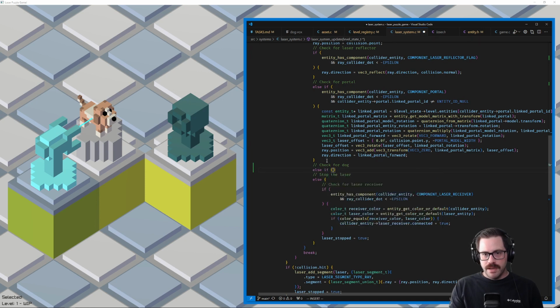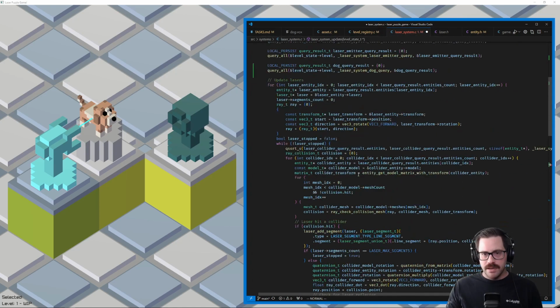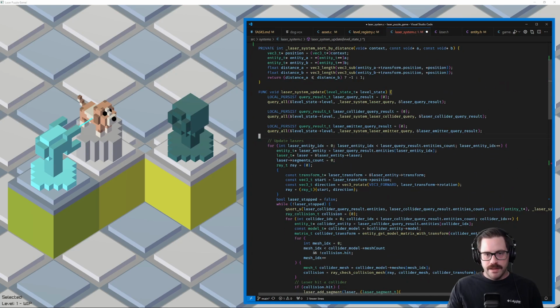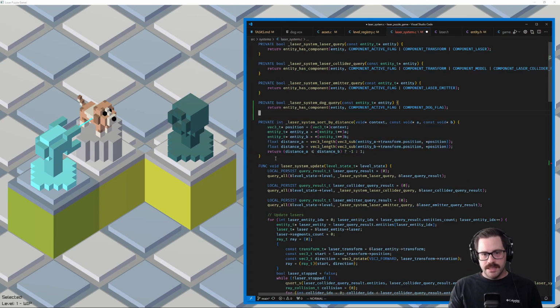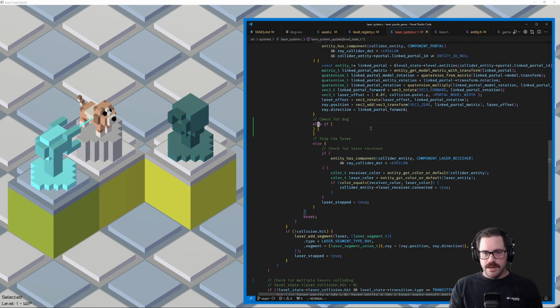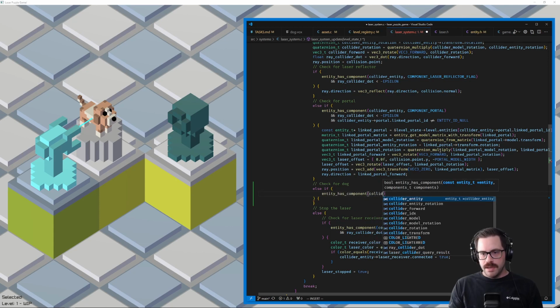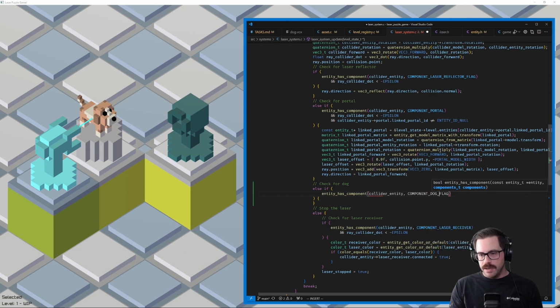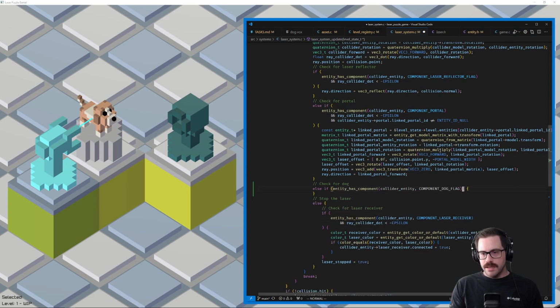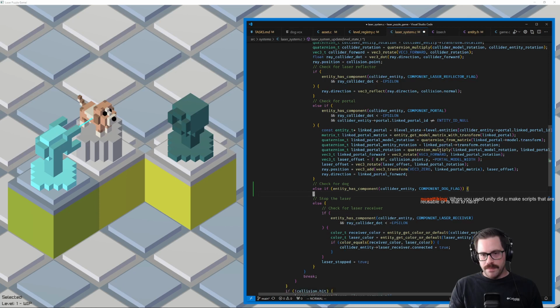Else if the entity it collides with, you know, in this case, I don't even need the dog query. Oops, that's not right. There we go. I don't need that. I can just go here and check if what I hit is a dog. So if the entity has component, collider entity, is that right? Yep, collider entity component dog. And is that all I need? Yeah, that's all I need. So if it hits a dog, then